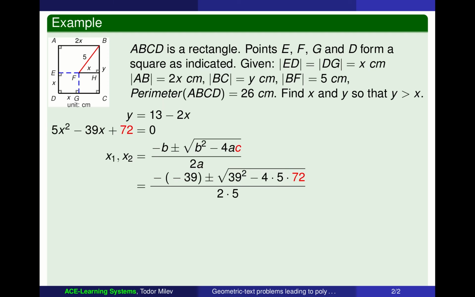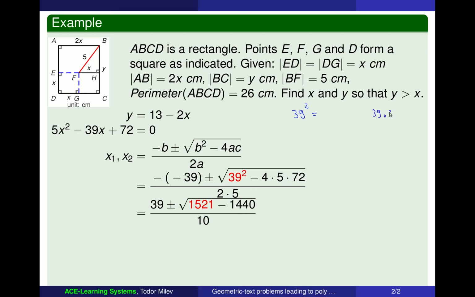So now the numbers here are relatively large. It will take a while to simplify, but I will be simplifying these numbers under the assumption that we do not have access to a calculator. Once again, this is supposed to be an exam-like problem, and on such an exam you may not have access to a calculator. So minus with minus gives me plus, so I'm getting plus 39. Now, I claim that 39 squared is equal to 1521. Let's quickly compute that. 39 squared, I can compute as